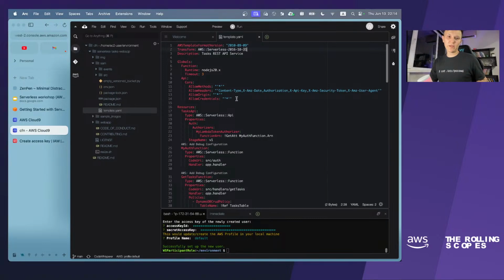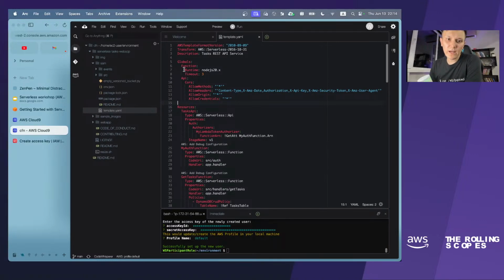Then we can declare some globals. It is something like global variables. It is not a variable, but settings which will be applied to all resources within the same template, if the resource is not defining this setting explicitly.